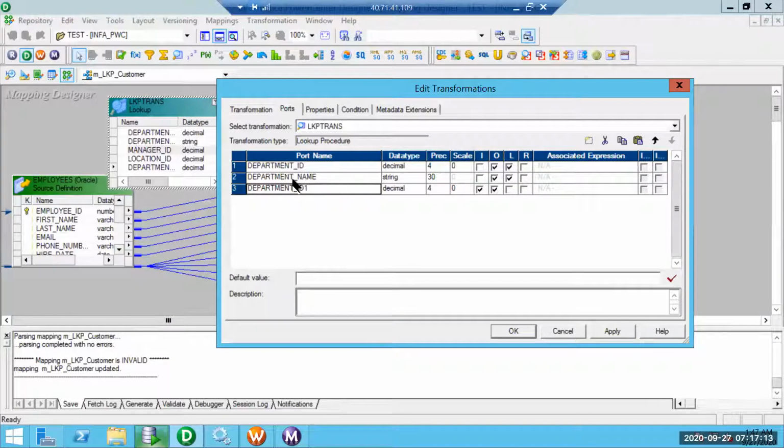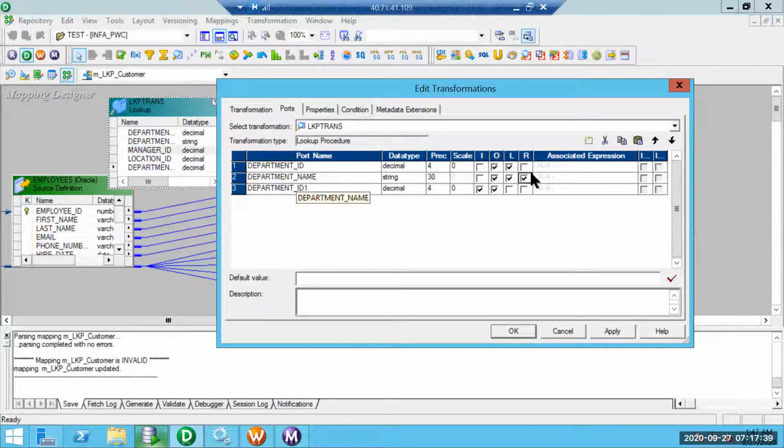Now, another important aspect with the unconnected lookup transformation is something called return. We should be returning this. In case of connected, no matter whether we check this or not, it doesn't matter because it is connected, and in a connected lookup transformation we can retrieve as many columns as we need.